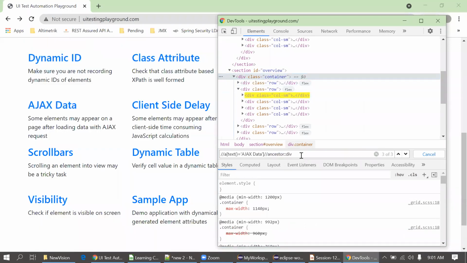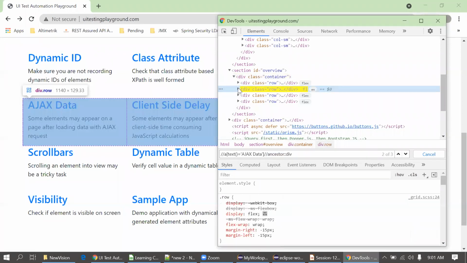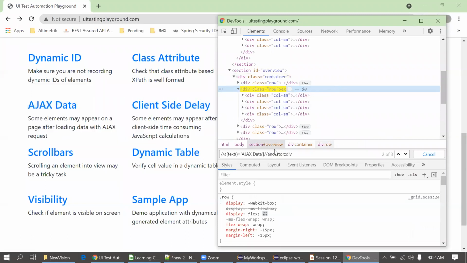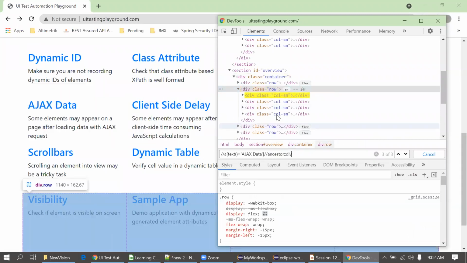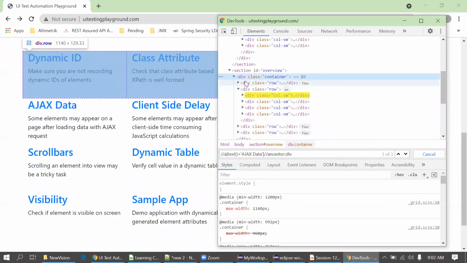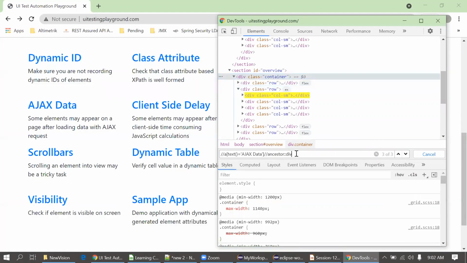I'm just repeating it again: not this, actually this one, because this division comes under this division. This one is skipped because it is a sibling of this. Both are siblings, not a parent or grandparent. So this is the ancestor.